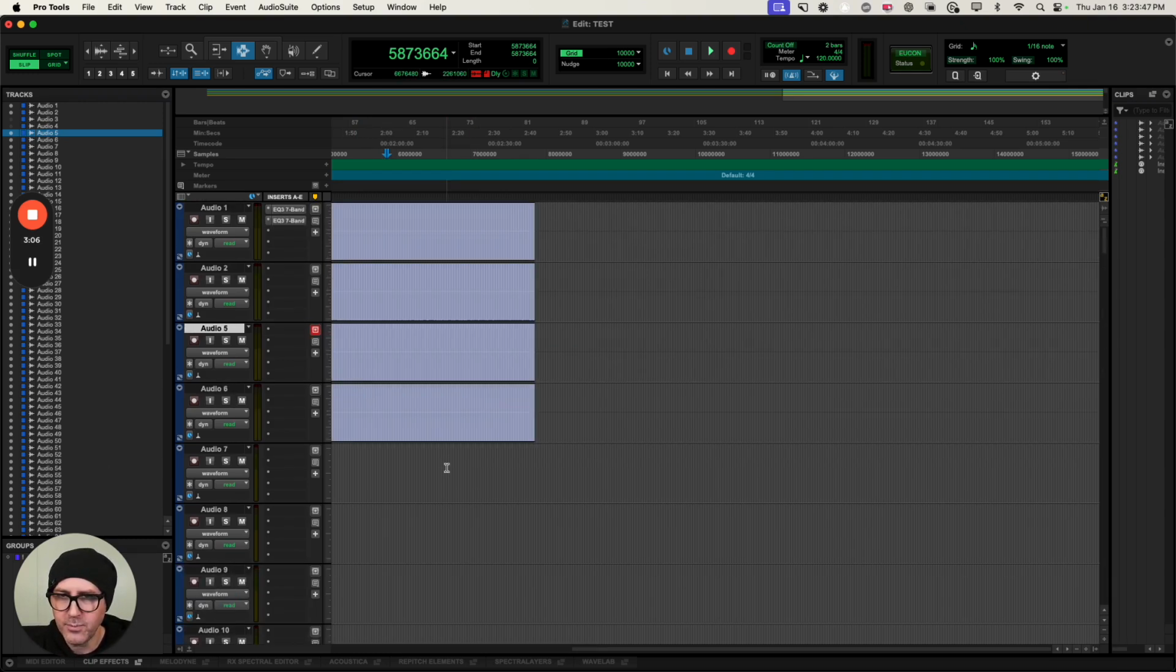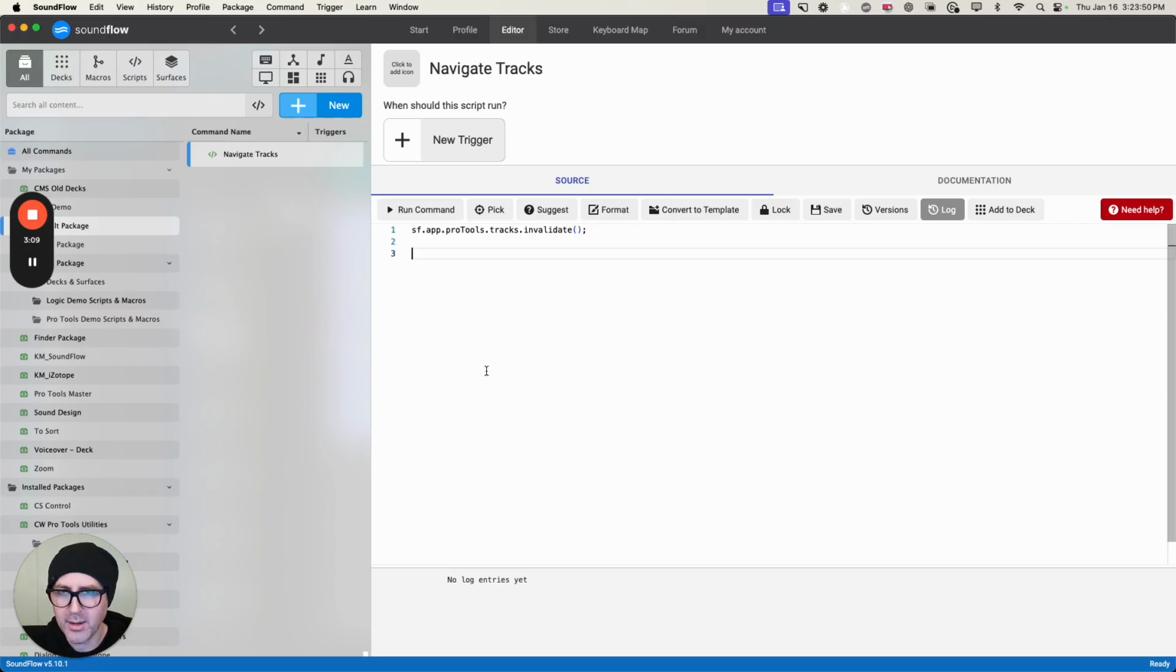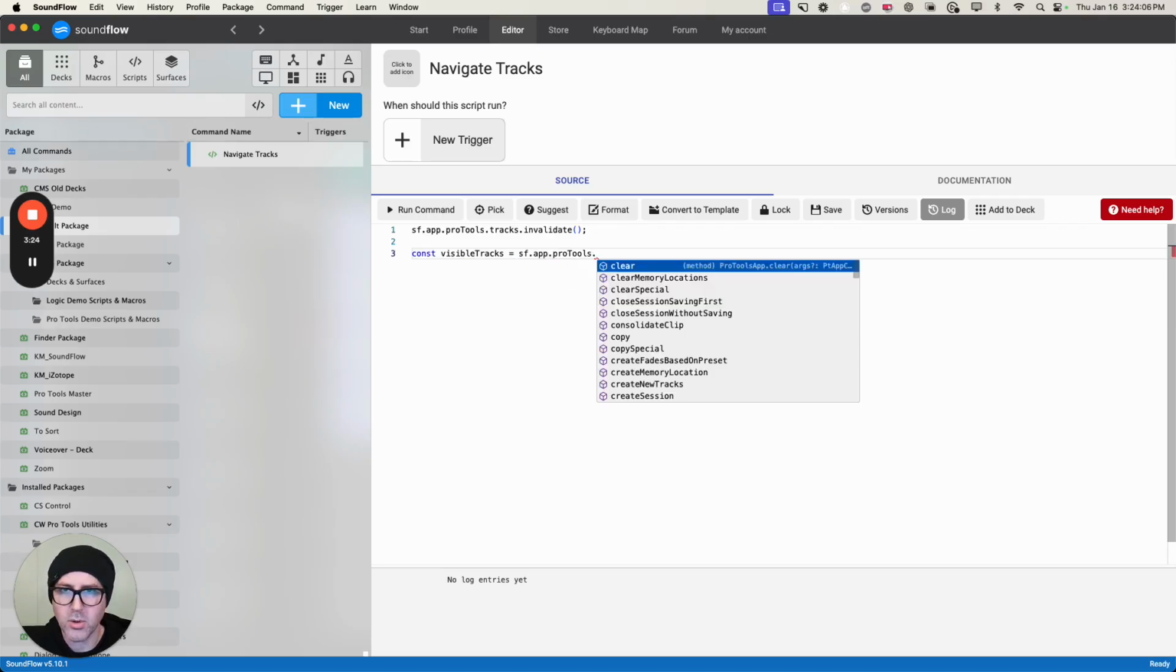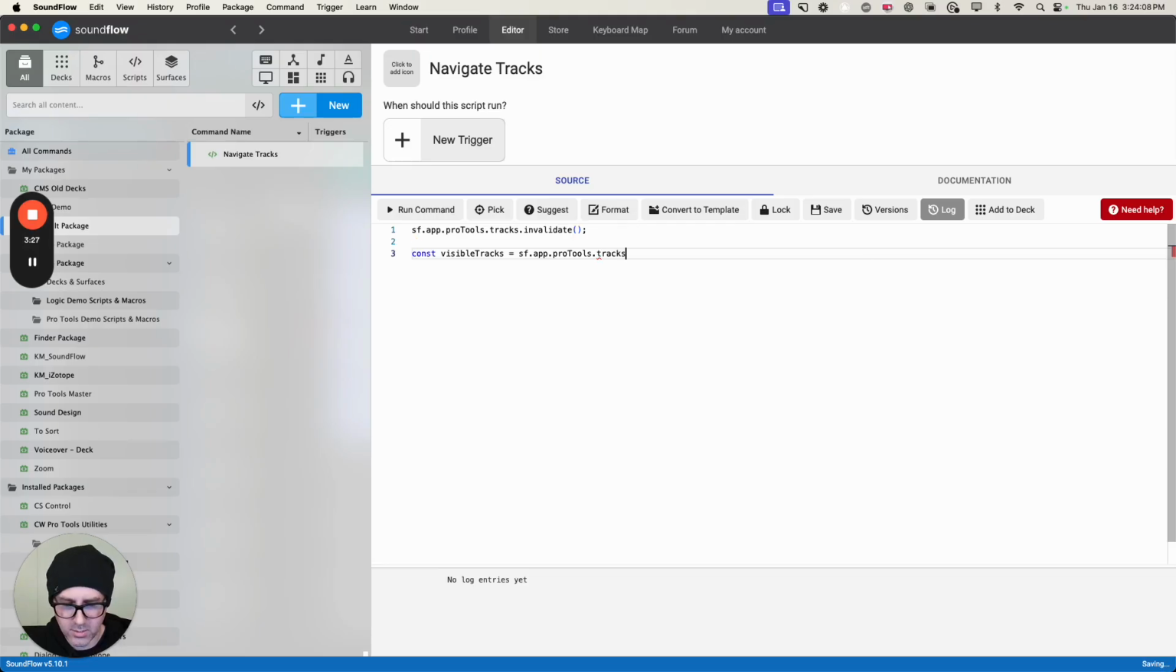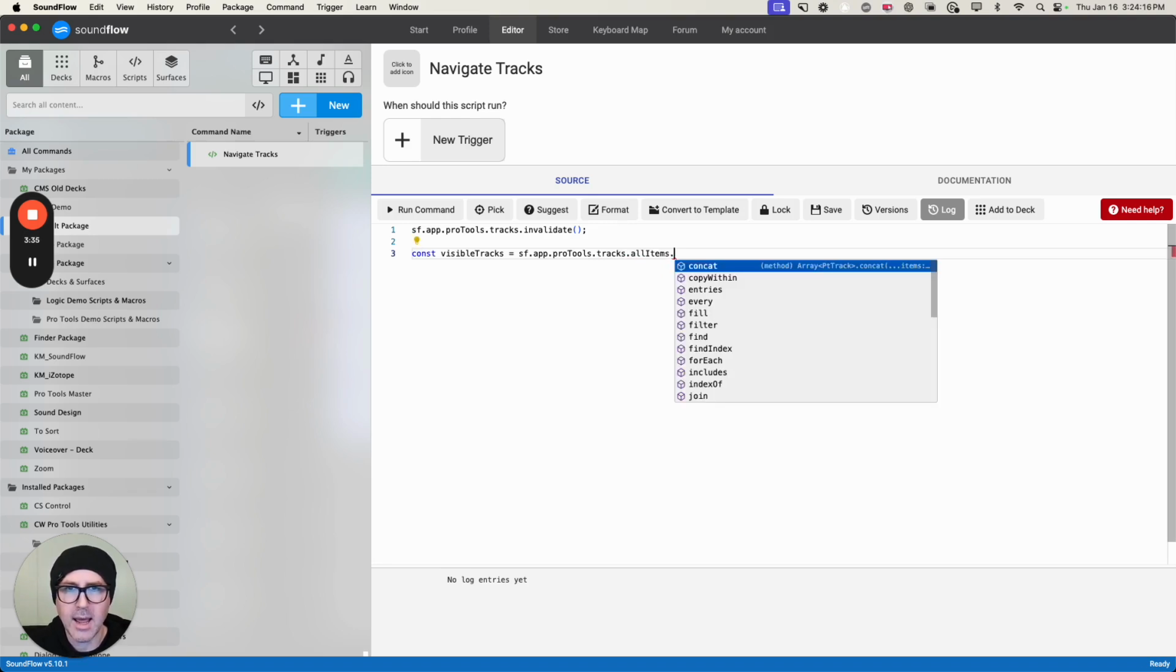Yes, there are. So in here, let's create a variable for the visible tracks. So const visibleTracks equals sf.app.proTools.tracks.allItems, and now these are all the tracks. What we need to do is filter them so we're only showing the ones that are visible. So I'm just going to go filter,